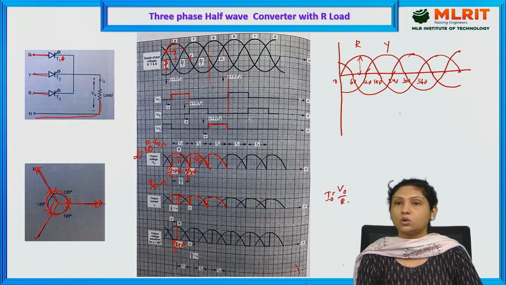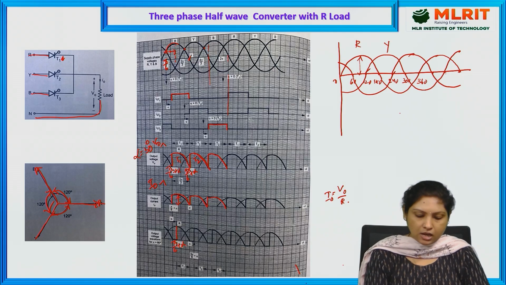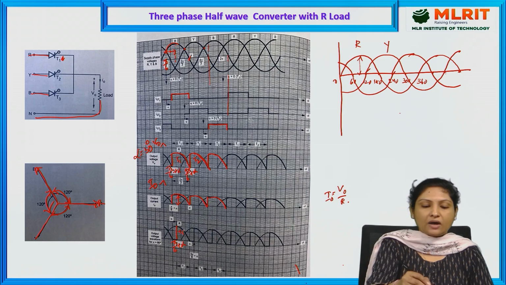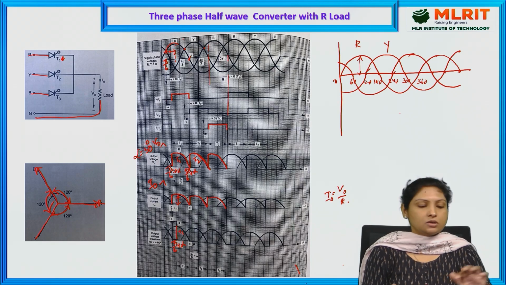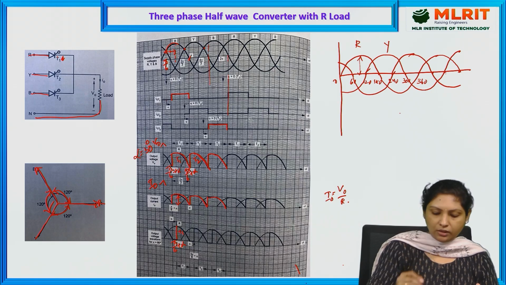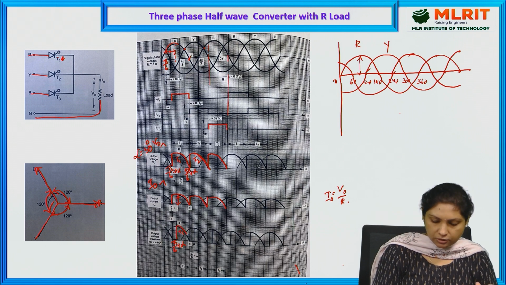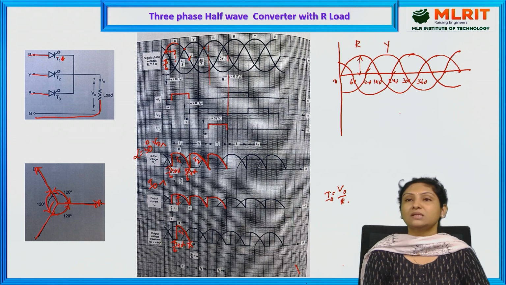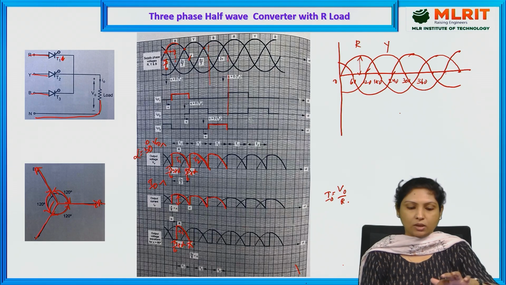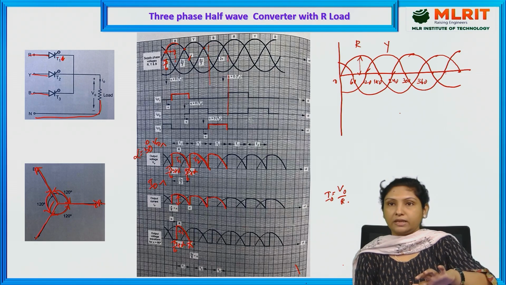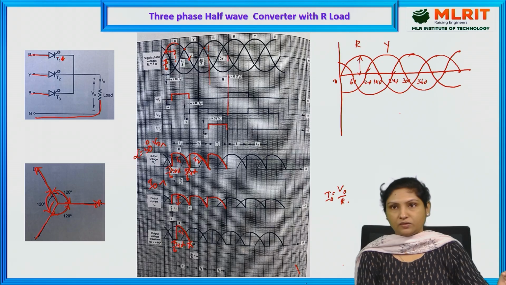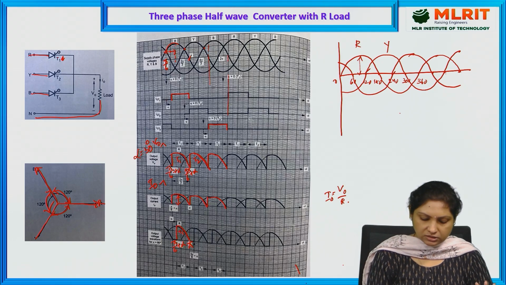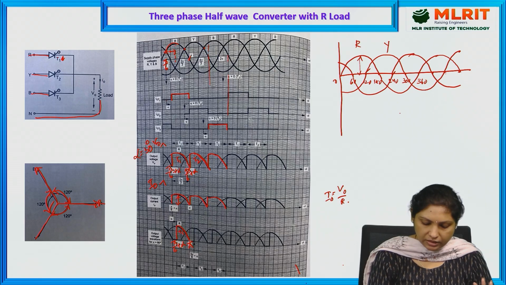So at this instant called 90 degrees on scale, our thyristor 1 will be conducting because R phase supply is being applied. So R is connected to thyristor 1. Thyristor 1 starts conducting current through the load until this instant called pi. Once it reaches pi, R phase will be going negative. It makes thyristor 1 reverse biased, and that is how thyristor 1 gets turned off at this instant called pi, and now it remains 0,